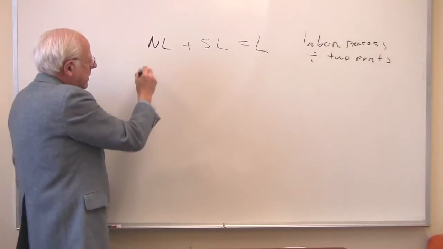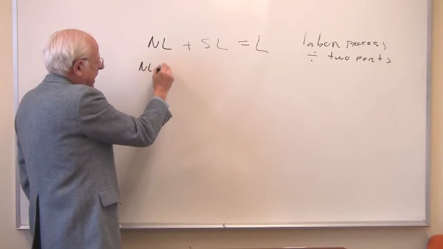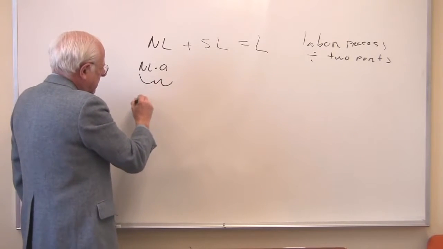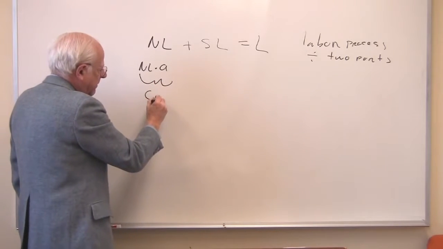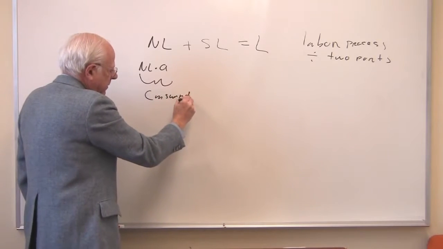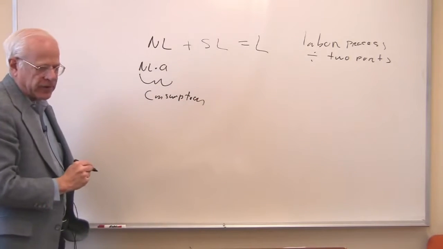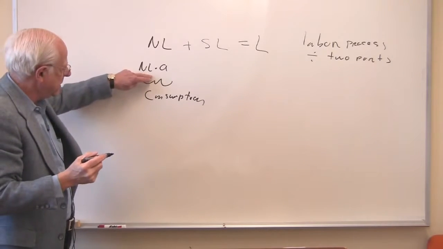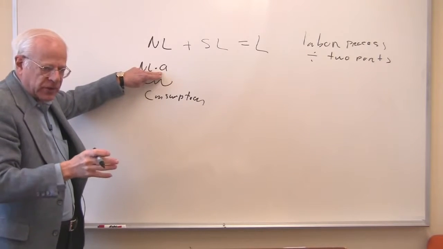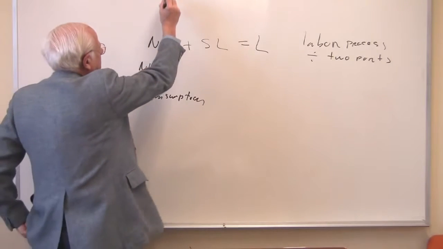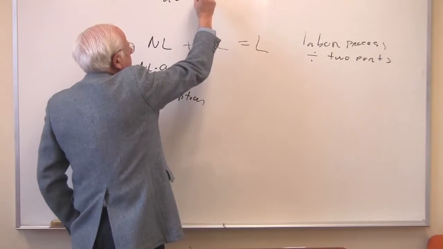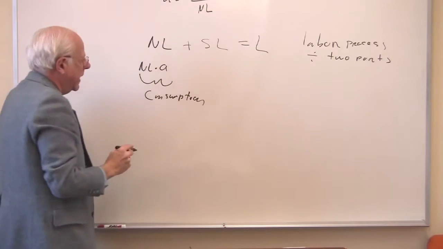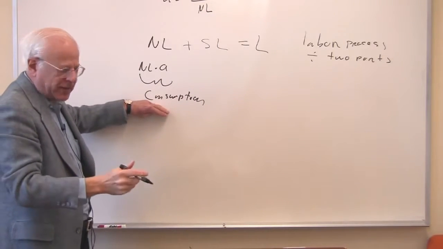Okay? The necessary labor times a productivity would be the consumption to sustain those laborers. So they perform, let's say, 4 days times the wealth produced by those 4 days. So we can put up here the little a is the wealth per unit necessary labor. And then that would be the consumption wealth to sustain the laborers.